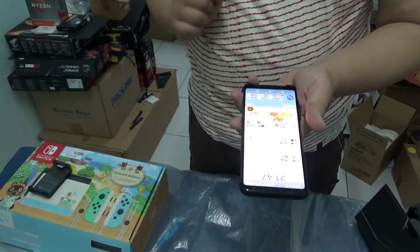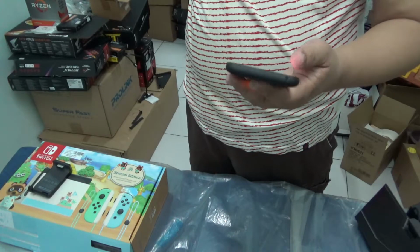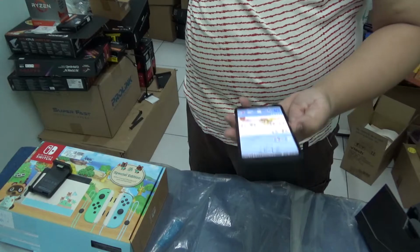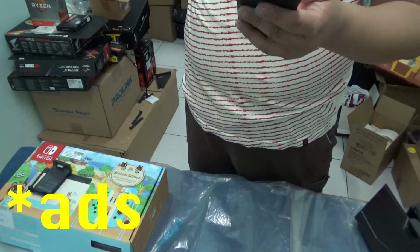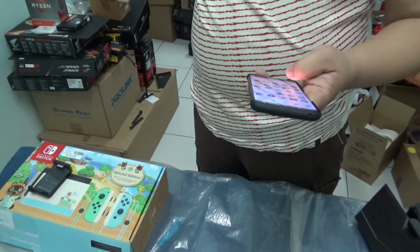I think Blackberry did this on purpose so that if you leave the Blackberry ecosystem, you can still have your launcher. But yeah, if you pay $3.95 Malaysian dollars a month, you can get rid of the ads. So I might just take up the offer. So yeah,